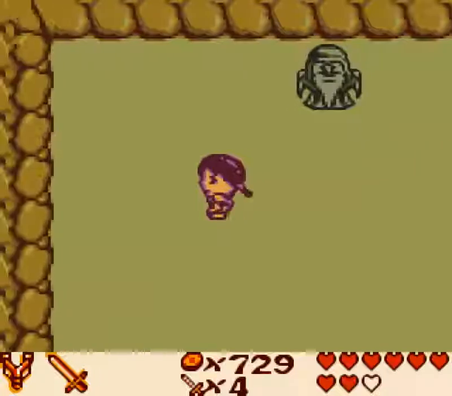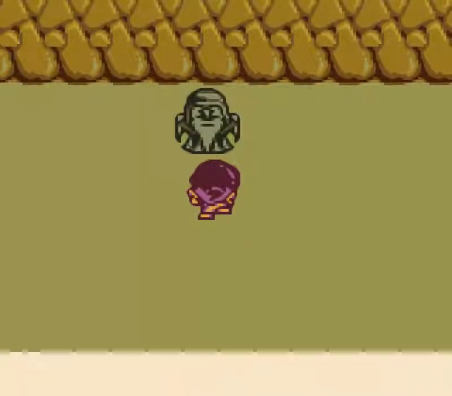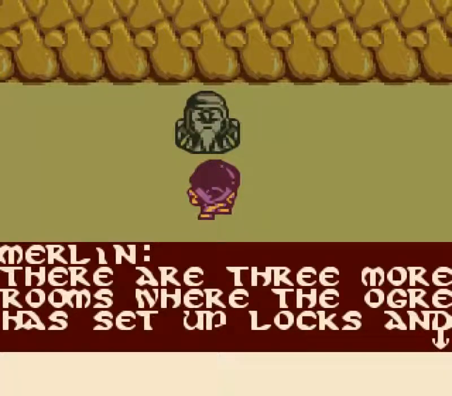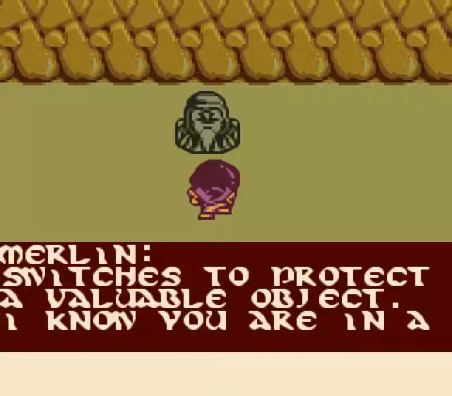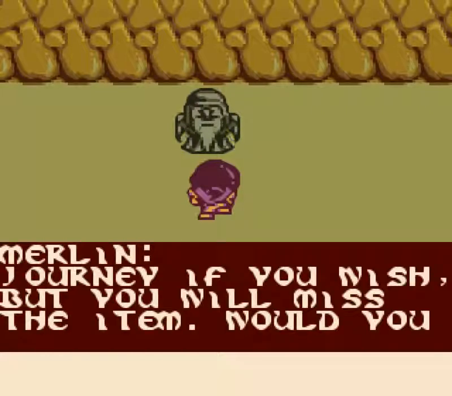And now we have a wild Merlin here. Hello, Merlin. You got anything interesting to say? Why yes, there are 3 more rooms to protect a valuable object. These are entirely optional, unless you want a good ending, of course, because it's a valuable object. You need to get all valuable objects in the entire game to get a good ending. Well, I say good ending, but really...